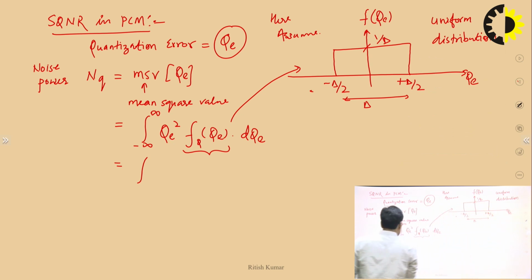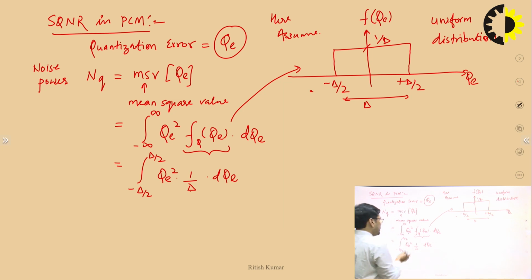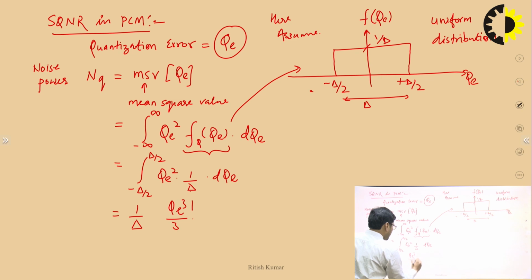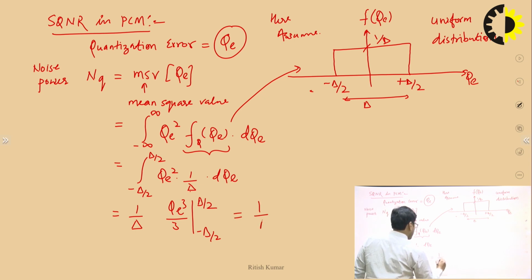So this should be minus delta by 2 to plus delta by 2, QE square, and the value of f of QE is 1 by delta, dQE. Now you have to integrate the QE square with respect to QE. So this you will get QE cubed by 3, from minus delta by 2 to delta by 2. So this should be 1 by delta